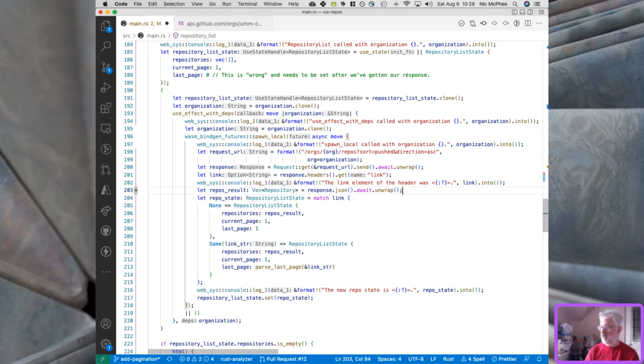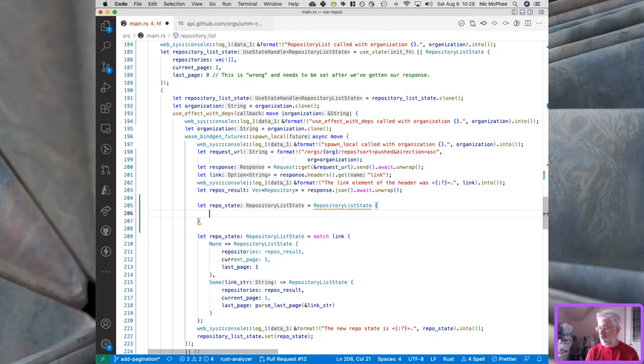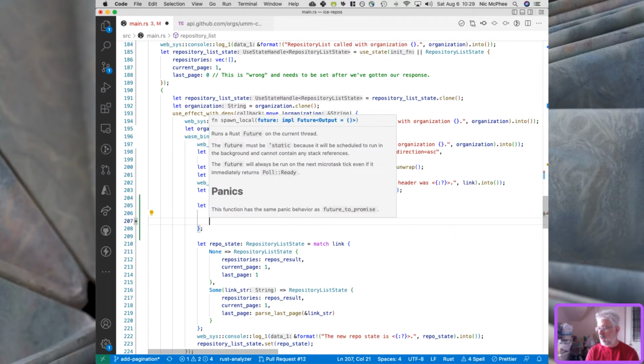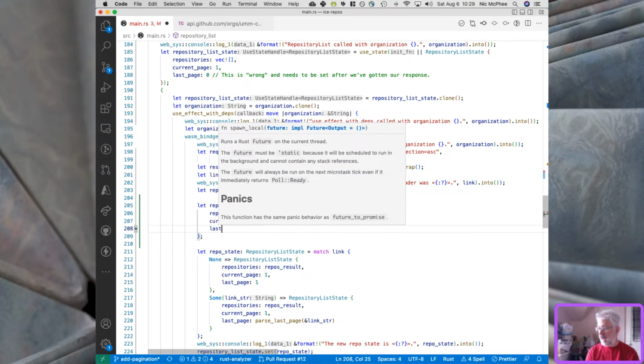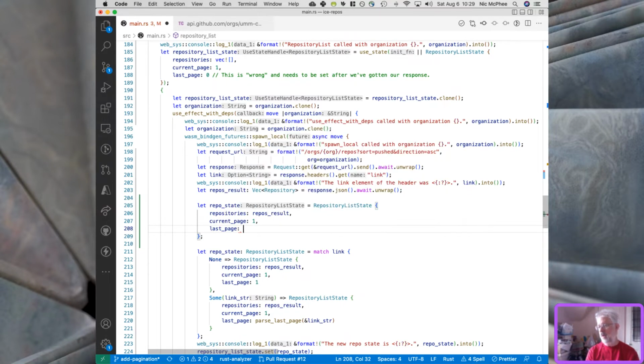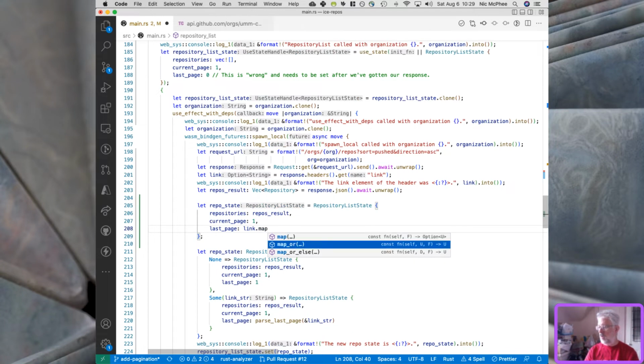So I'm going to actually take out my to-do line because I think we're going to do it right now. Let repo state be repository list state, boom, and repositories as repos result, and current page is going to be 1 for now, and last page is going to be link dot map or,